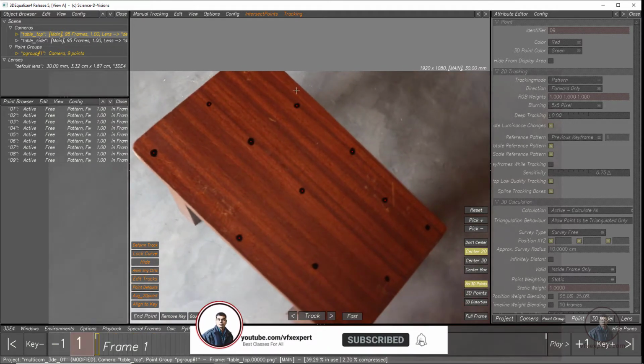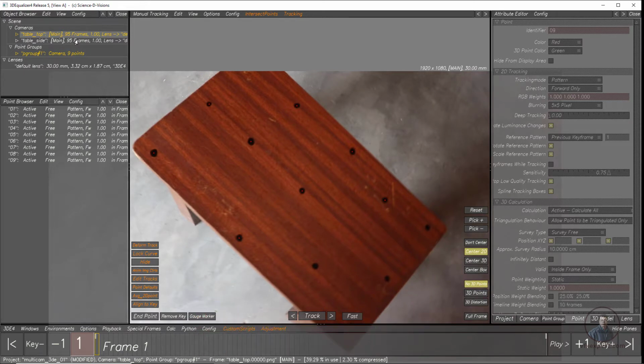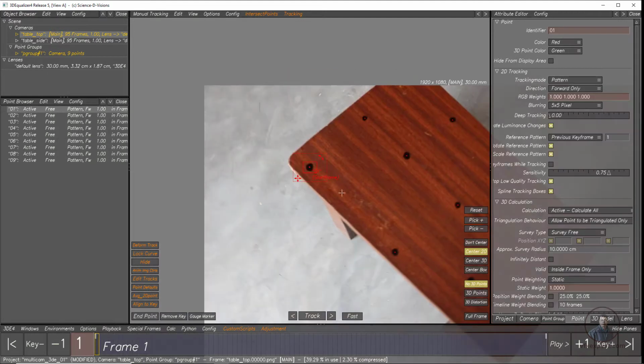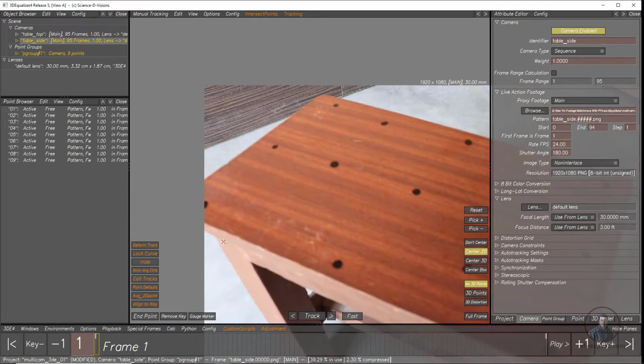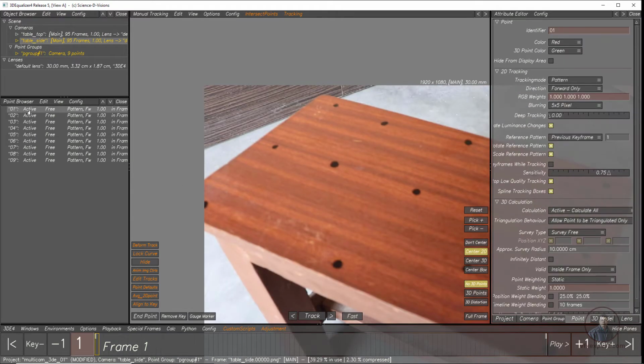Now after this I am going to track our second camera. Before tracking our second camera, this is an important thing: the same number of points you have to use for your second camera, or for any other camera, and in the same position. Again, this is important. Suppose you have tracked our first point here, then on our second camera, double click here. You have to track this first point onto this position, not any other. It means you have to track all points on the second camera in the same position.